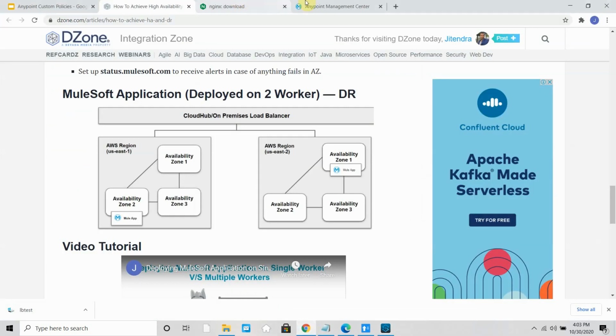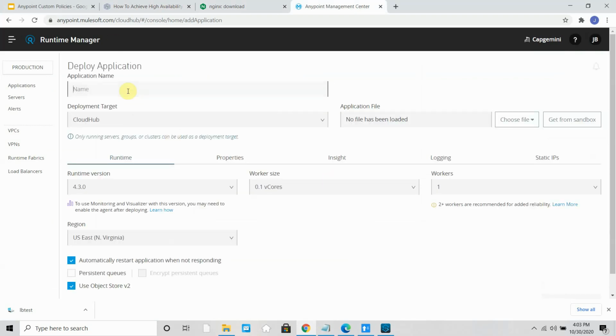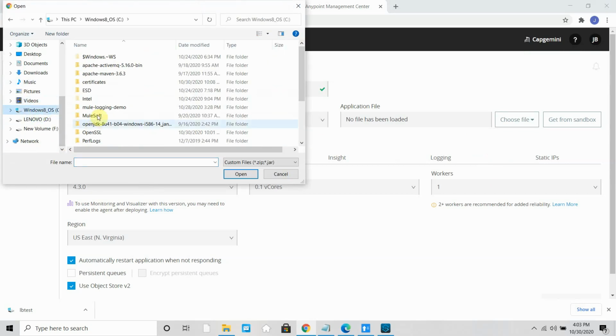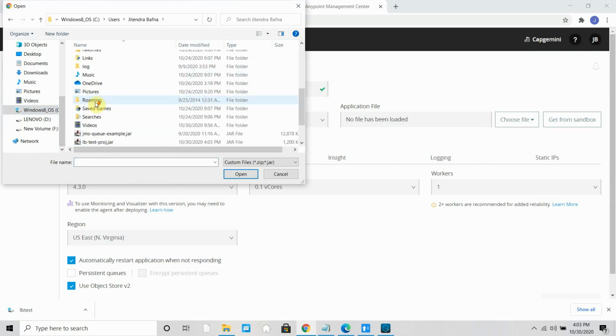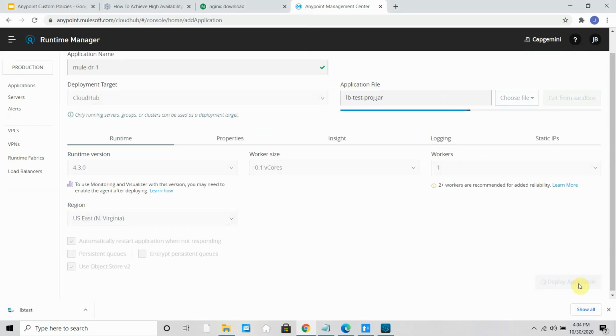Now I will go to Anypoint Runtime Manager and say deploy application. Here I will name it Mule DR1. I am selecting US East, North Virginia. I will choose the file which I have just exported on my local drive, the LB test project. Then I will say deploy application.